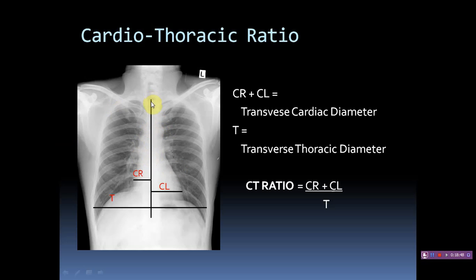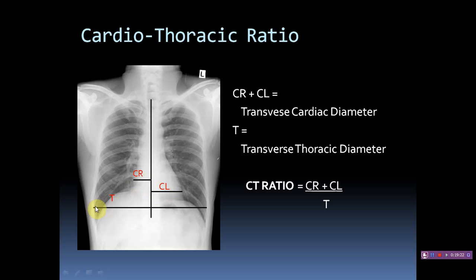So you can see one midline will be placed. That midline, as I already told you, is along the spinous process. After that, on the right, the border of the cardiac right, at the level of the right ventricle, will be measured here. At the same time, the cardiac left, which is the left ventricle, will be measured.